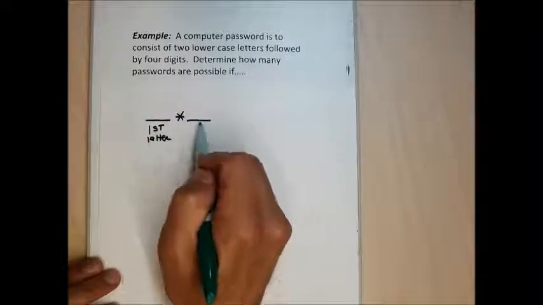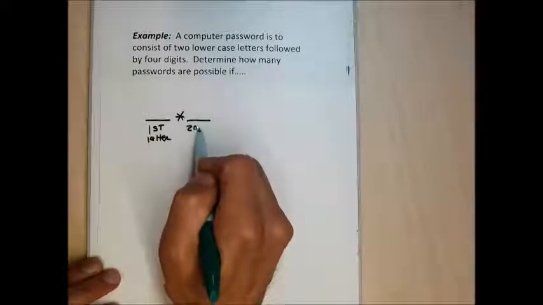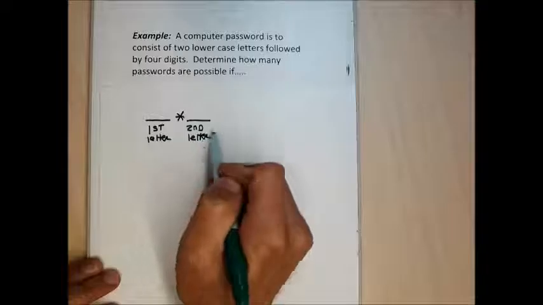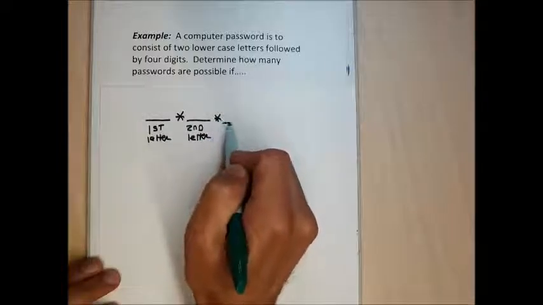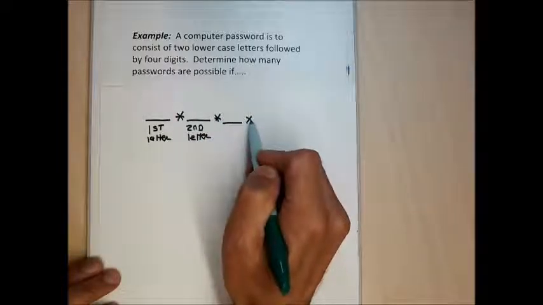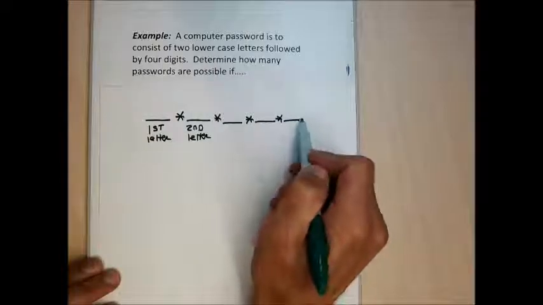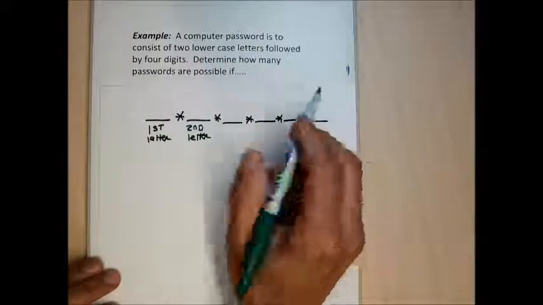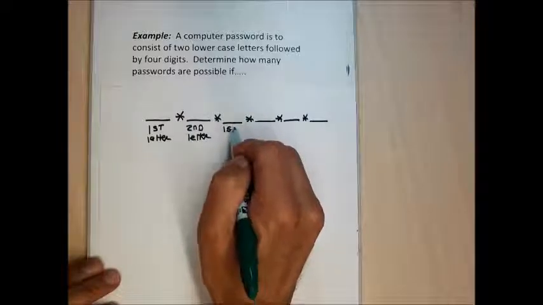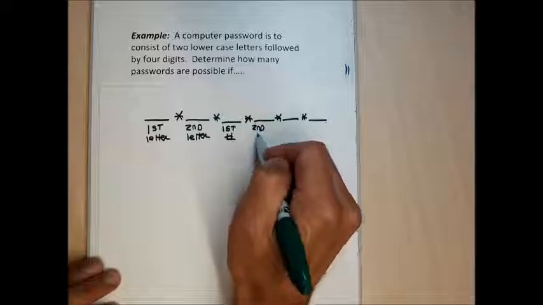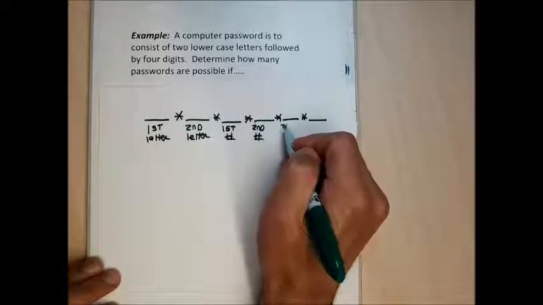My experiment 2 is going to be to pick a second letter. And then experiments 3 through 6 are going to be picking numbers. So a first number, a second number, third number,